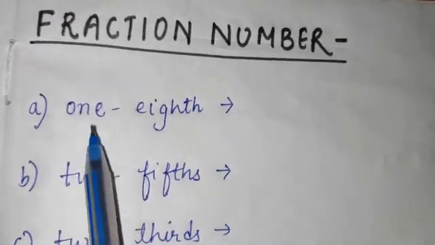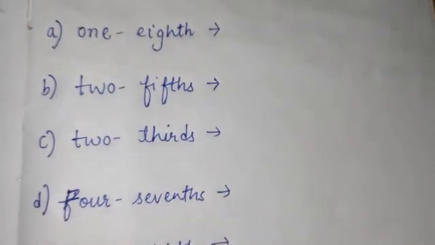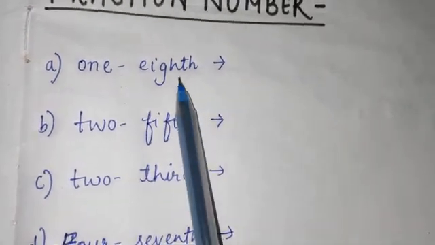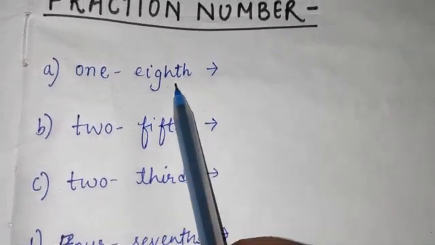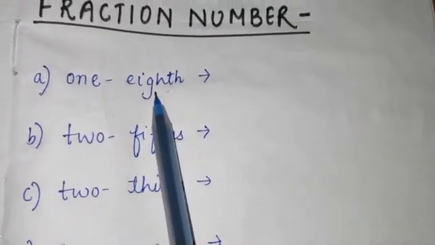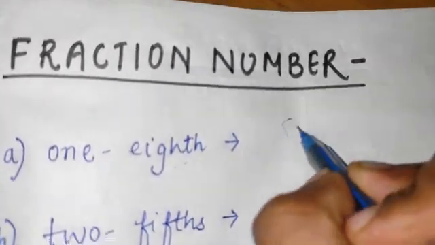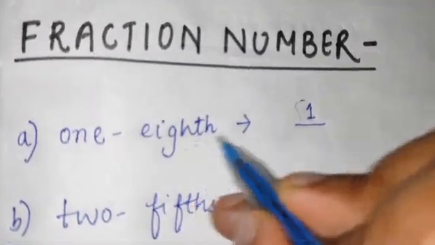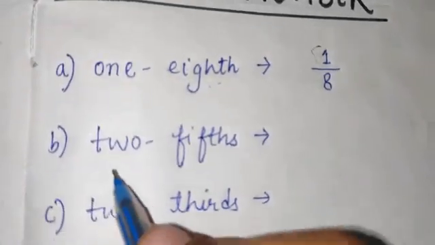This one is very easy. You just need to understand that the first number or the first number name would be your numerator, the number which will come above the line, and the second or last mentioned number would come below the line, or will be your denominator. The first one would be your numerator, the second one would be your denominator. You just need to learn this thing. So here, one-eighth. 1 is coming first, so 1 would be our numerator. We'll draw a line. Then eighth means 8. So the fraction number would be 1/8.